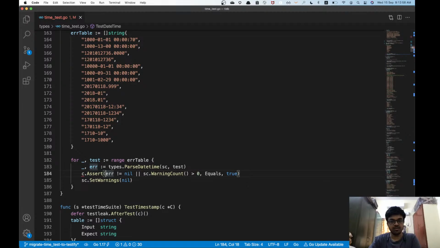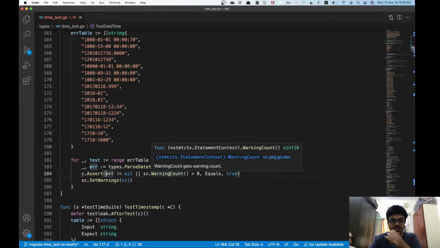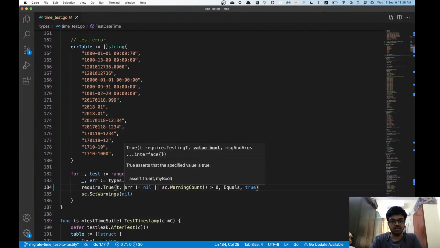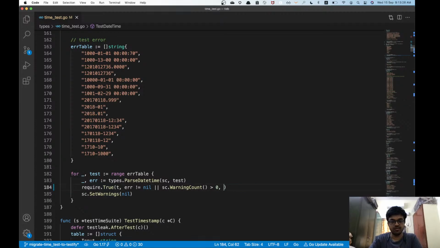So, right, what does this do? Some smart stuff over here. So error is not nil. Okay, there is an error. Or warning count is greater than 0. Both put together equals true. I could put this as require true and then put this.